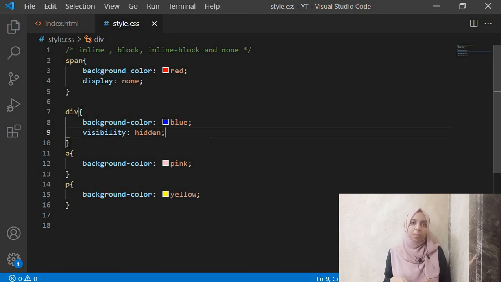So very simple. Inline does not take the entire space and it won't allow you to define width and height. Then you have your block element, which you can give width and height, and it takes up 100% width by default. And you have your inline block, which makes your element inline, but you still have the power to define width and height for your element. And the last one is display none. It takes your element outside the document. So yeah, that's it. This is a very simple topic. You just need to play around with elements and you'll be good to go. Nothing to worry about.